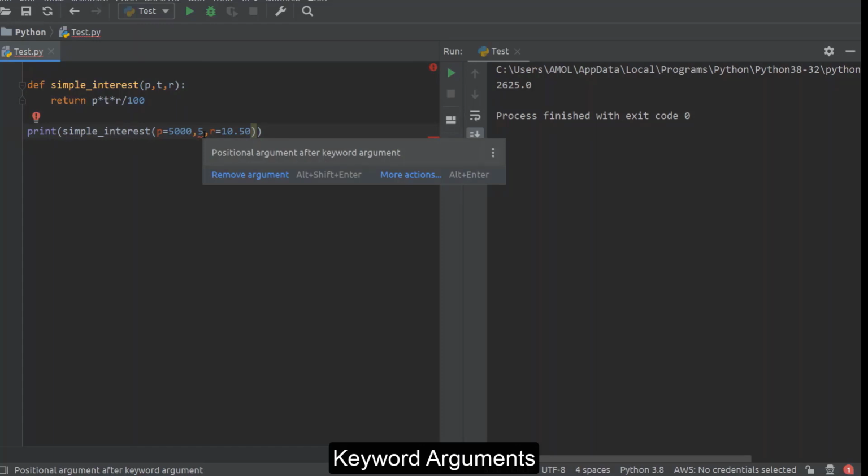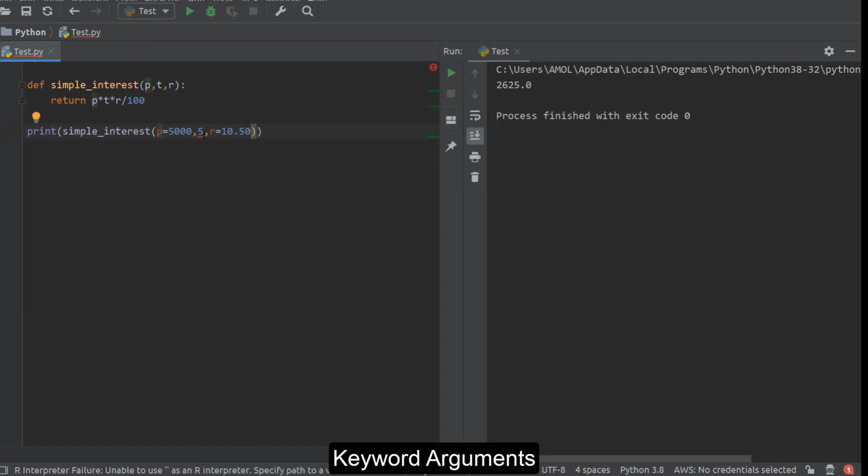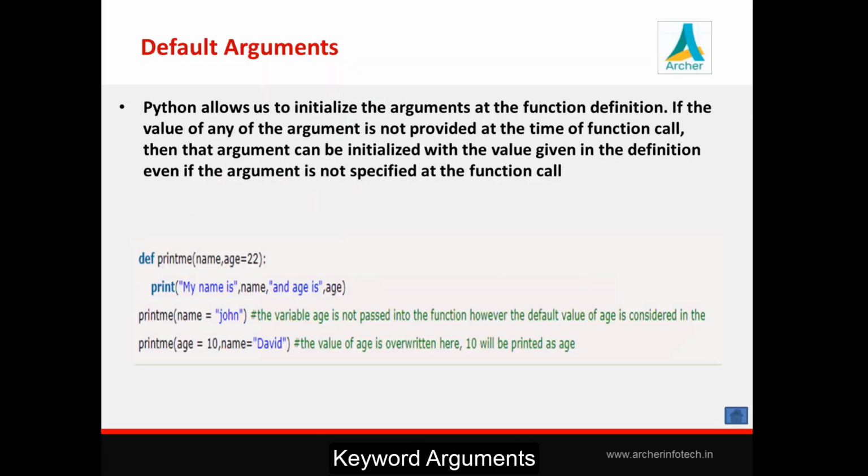This is not allowed, using a keyword argument at the start and then a required argument. So this sequence is mandatory. If we are not using this as a keyword argument, then it's fine, you can use it as a positional argument. This is one fact we need to understand while using keyword arguments.